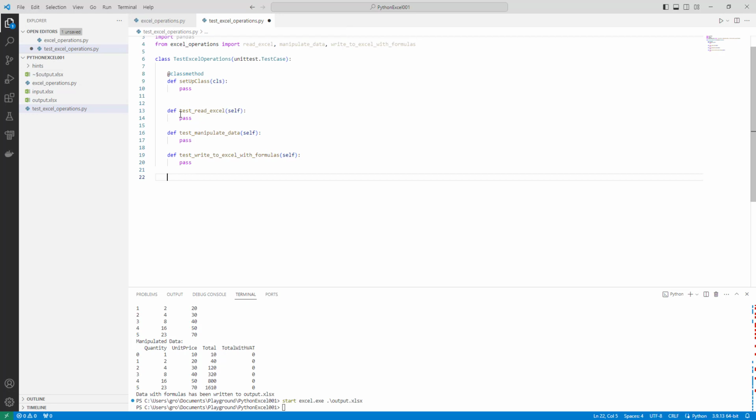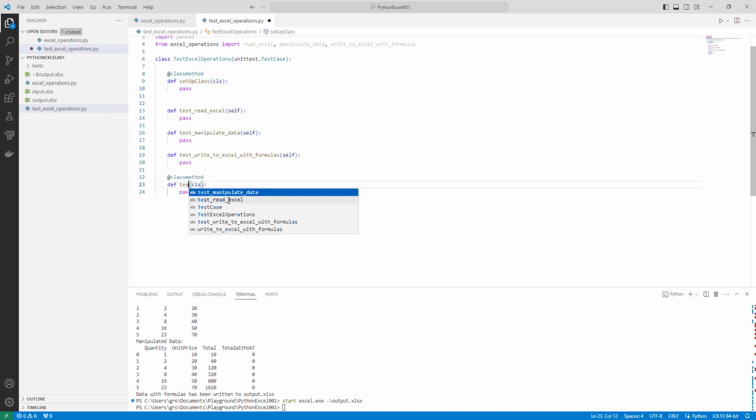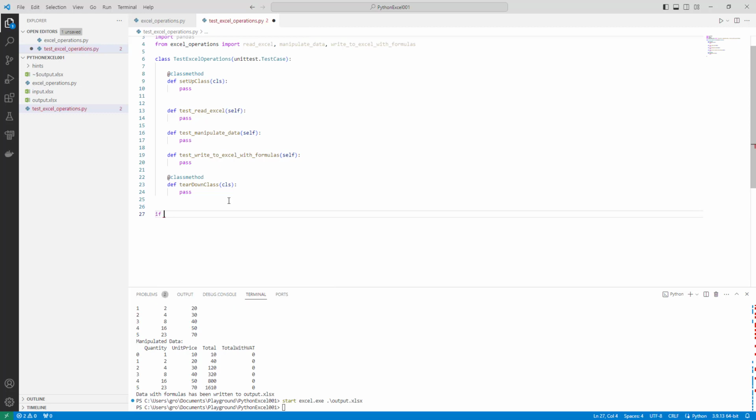When we name it test, it means that our code is going to run through it. And then, as this one runs before all the tests, we should have another method running after all the tests that is called teardown class. And at the end, of course, if name equals the dunder main, then